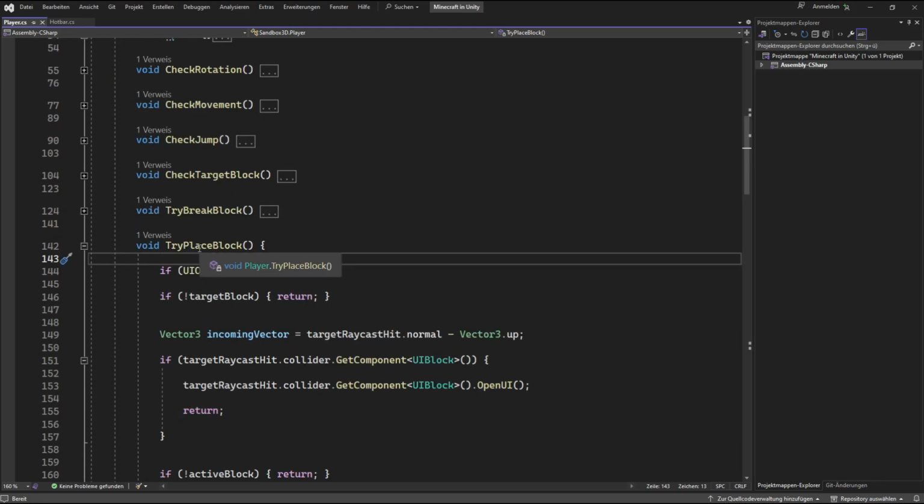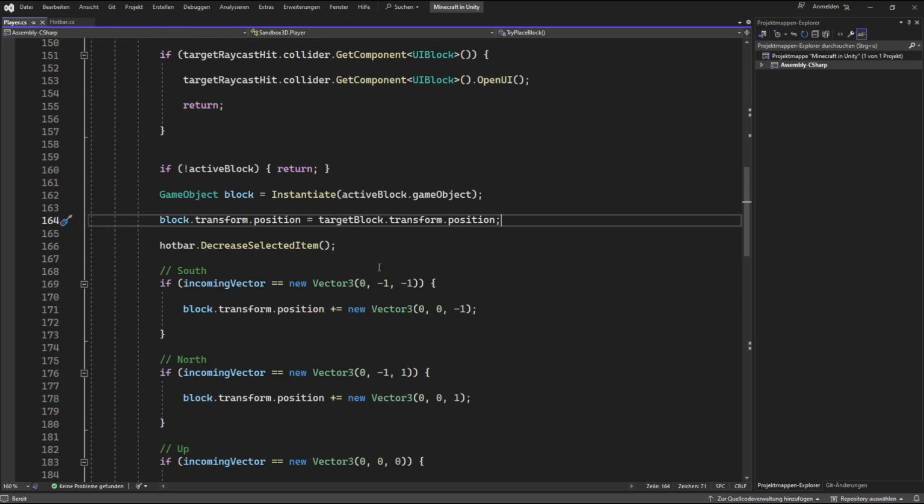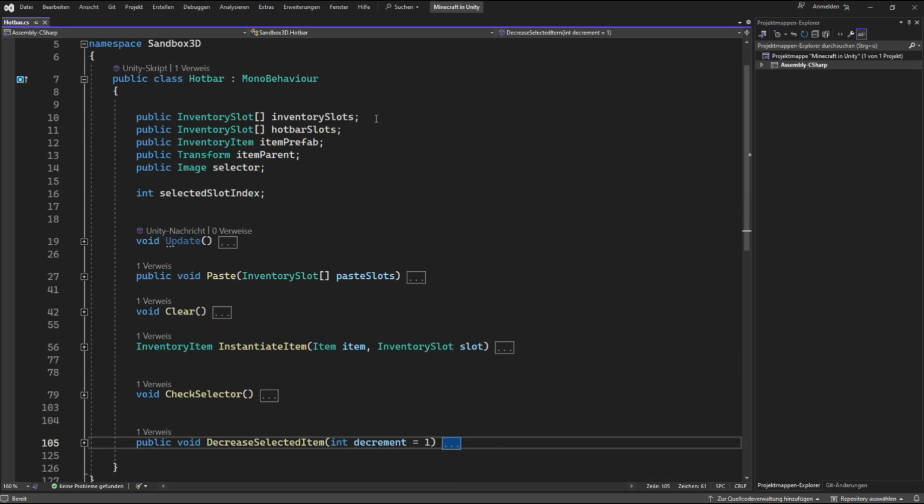In the try place block function, I want to quit here and not execute the rest if there aren't any blocks left, which means active block is null, and if I manage to place one, I want to decrease the block that's selected. Finally, let's continue to the hotbar script, which has these inspector values that you saw earlier,